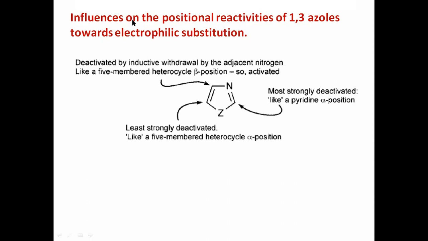See, this is the fourth position. If you give number 1 to this Z, then 1, 2, 3, 4, anti-clockwise. This fourth position is what? It is deactivated by inductive withdrawal by the adjacent nitrogen. You see this nitrogen-carbon bond. Nitrogen is electronegative and hence it withdraws electrons from this carbon, and hence the carbon becomes deactivated, meaning no electron density will be available, hence electrophilic substitution reactions are not possible here. Remember,